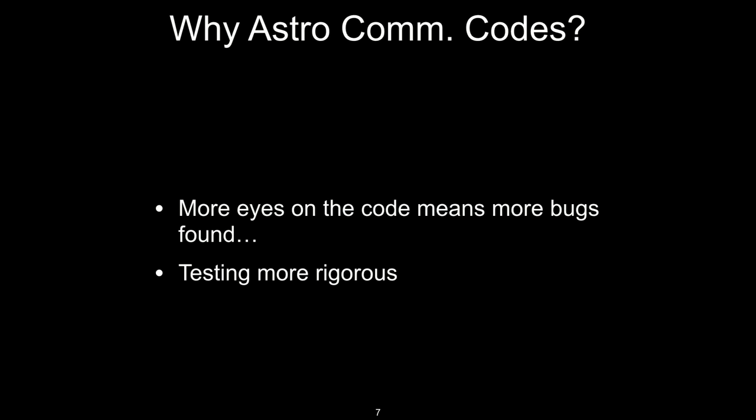And typically for community codes, the testing tends to be more rigorous. If you've got other people depending on you, the dean was talking about this as well in terms of doing the regression testing, right? If other people are depending on you within a community environment, you've got to test that code. You make a change, you commit it to the repository, you better test it, right? Because it could screw somebody else up. And you don't want that to happen. And so there tend to be mechanisms built into a community code for doing that kind of testing in a rigorous way.